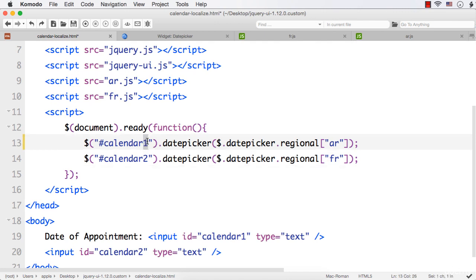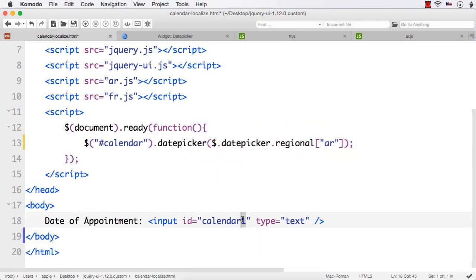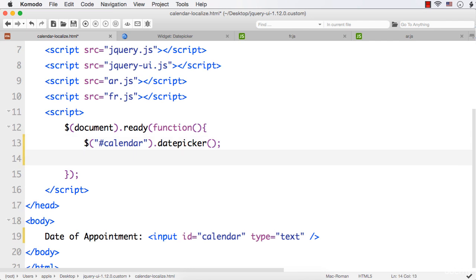So let me make it again just for Arabic only. So let me remove this as well. Just to avoid the complexity, I am showing it with just one date picker that will be in Arabic language. You can do the same thing in a different way. Like, let me cut it from here. Okay, and you can specify